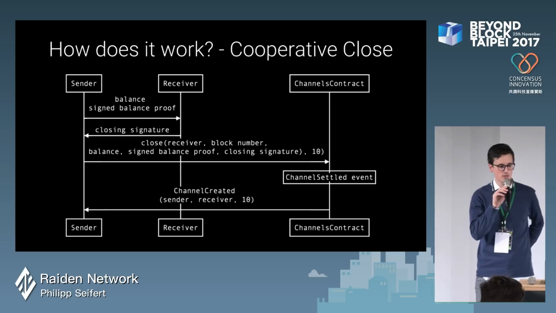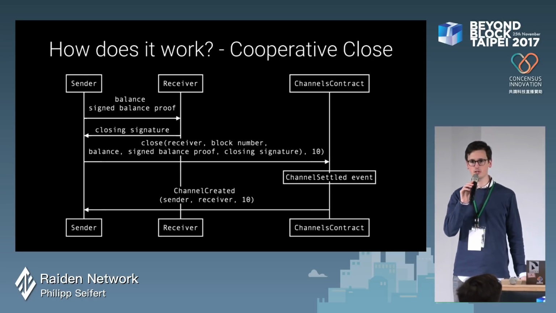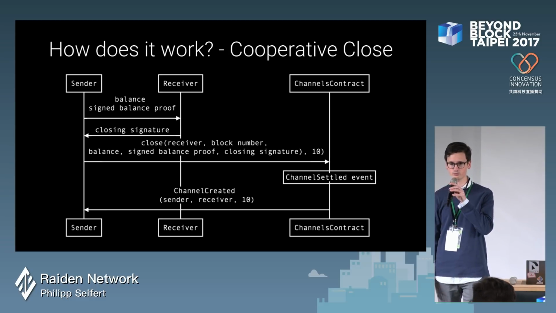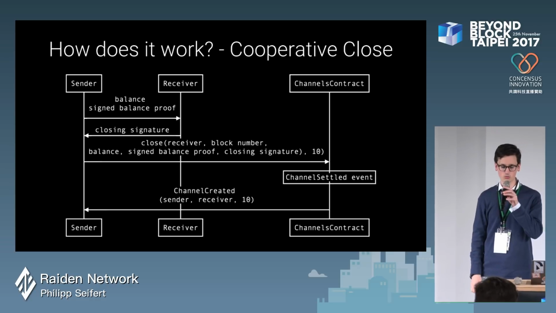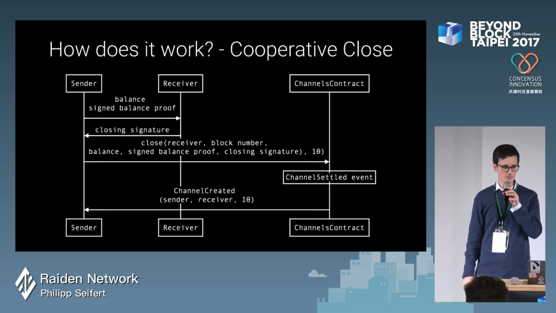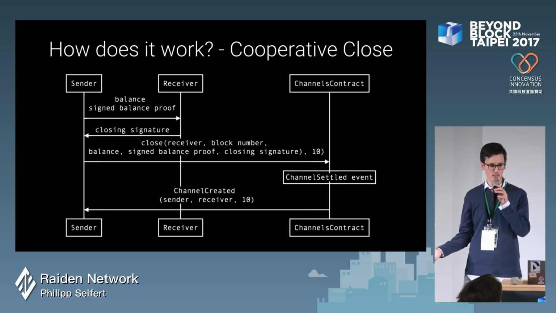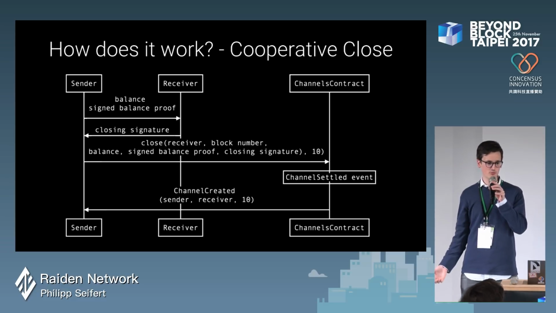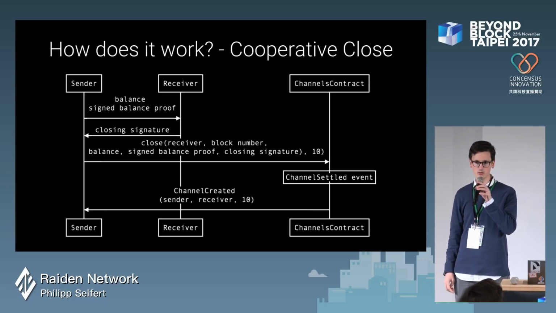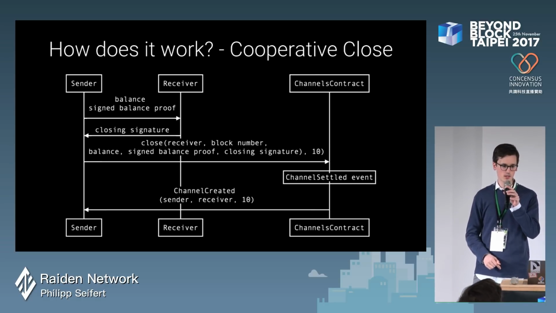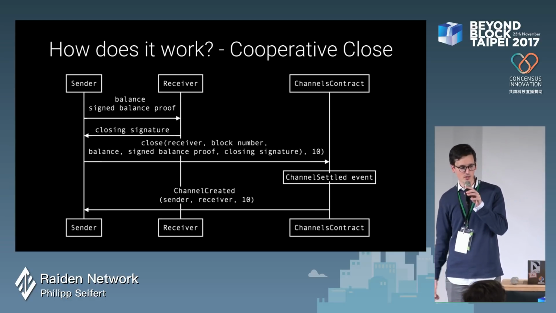So how does a closing actually work? There could be a cooperative closing, and there could be a closing where sender and receiver have an argument, basically. What would happen in a cooperative close is the sender would request the receiver, with a signed balance proof, to send him a closing signature. The receiver sends a closing signature, and with this closing signature, the sender sends a transaction also including block number, receiver, balance, and a signed balance proof